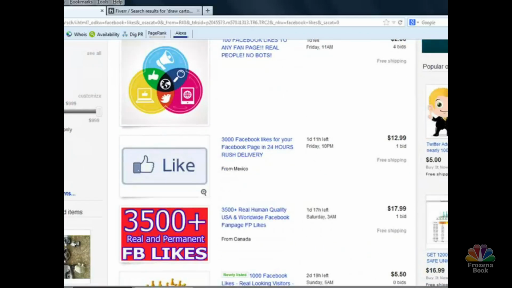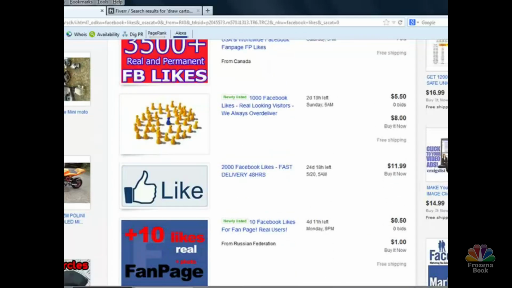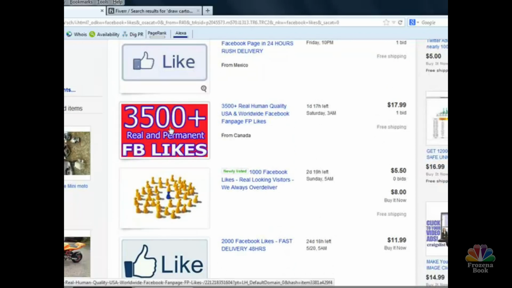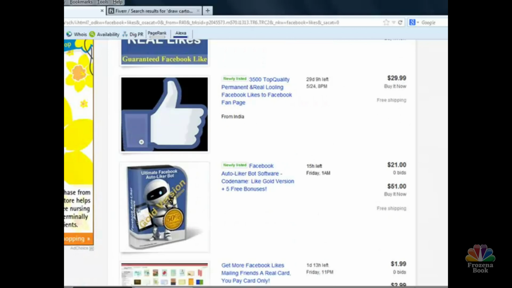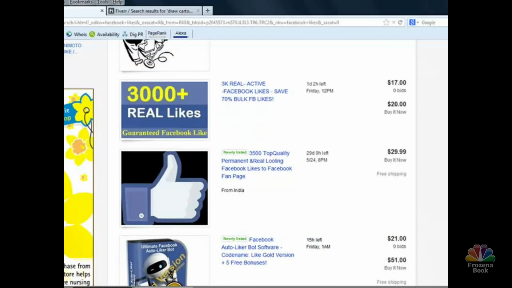Now you can look down a list here and you can see all these different images that people have put in there. Okay, Facebook likes, $11.99, $8, okay, $17.99. You see, this is way more than $5. And what you have to think about, okay, you're not looking to make big profits on each listing, but